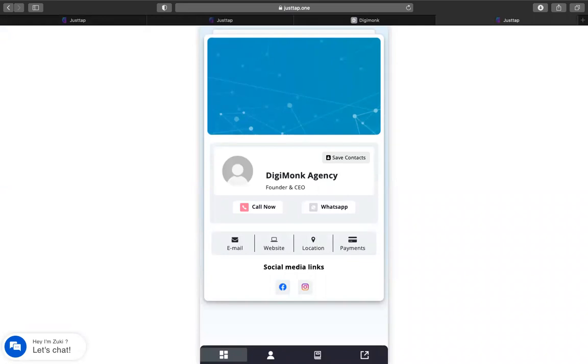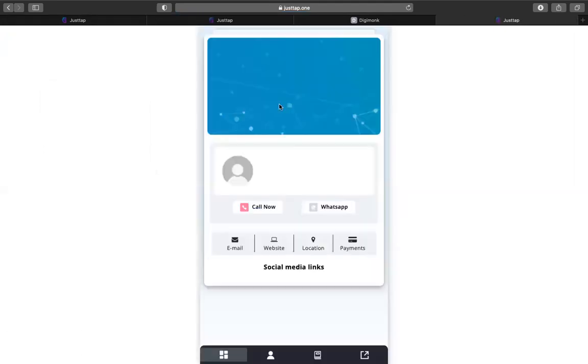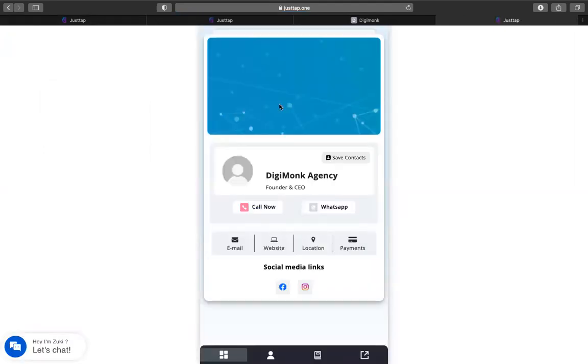And yes, this is how your JustTab.one digital portfolio looks like. So if you have any problem while creating your card, if those images and banners are not loading, please let us know via support section. Our team will assist you to fix this issue soon. So we have almost created everything. Your banner and your profile picture will be live after 10 minutes. All right. It may take up to 10 minutes to reflect here.